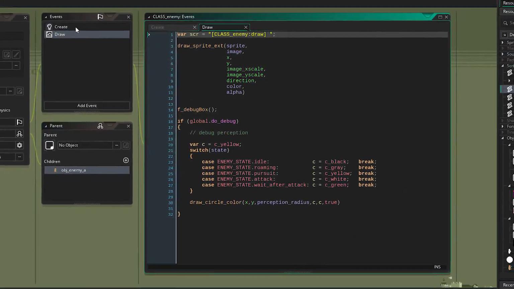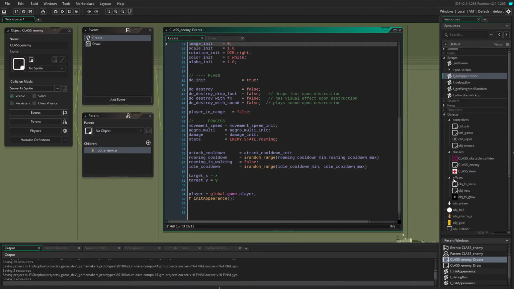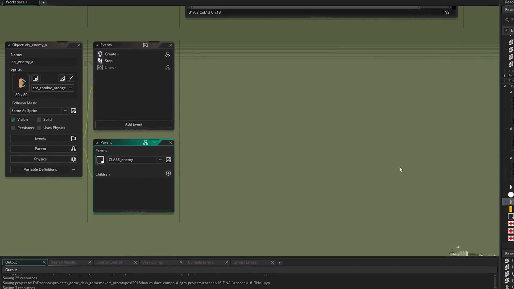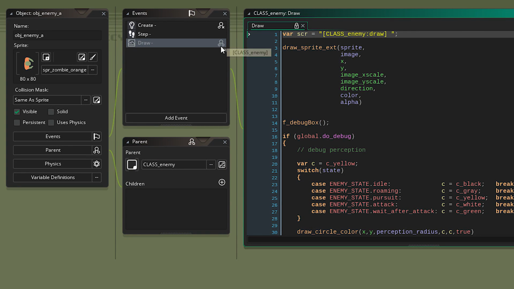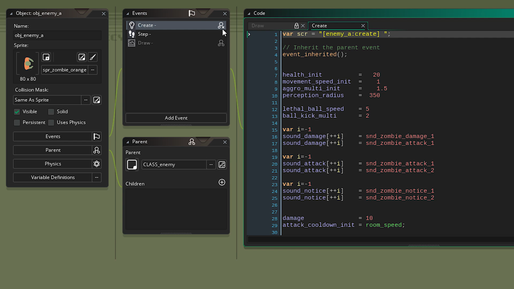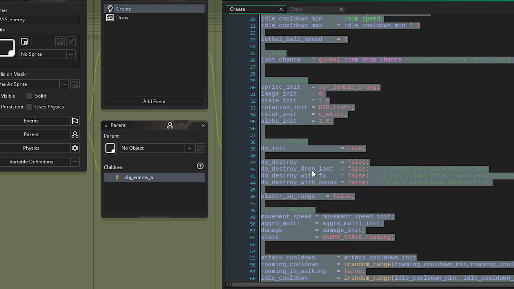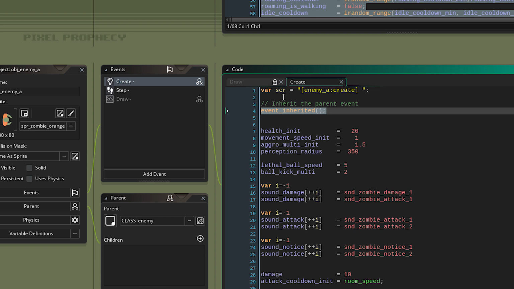So again, this was the base implementation of the class, and now let's have a look at the specifics in the object enemy A object. So this little icon here means that it's inherited from class enemy, if we hover over it. I'm not doing any changes here, but here in the create event, this means we inherit something, but then we override it. Event inherited means, of course, we inherit what's in the create event of the parent object. So it's like just copying all of this here